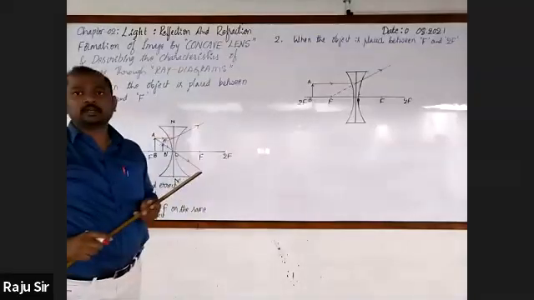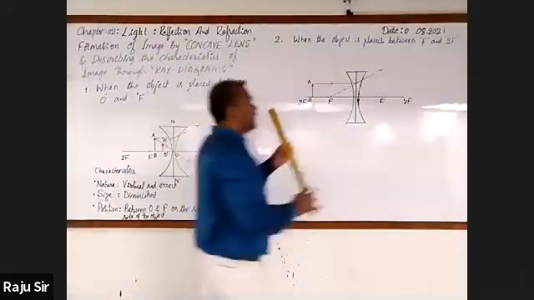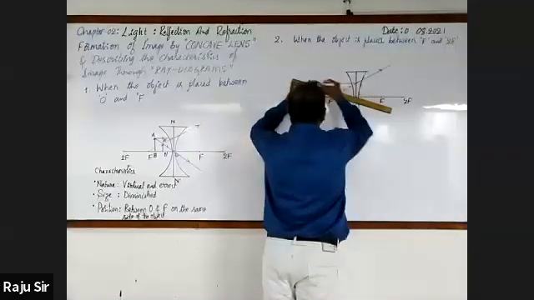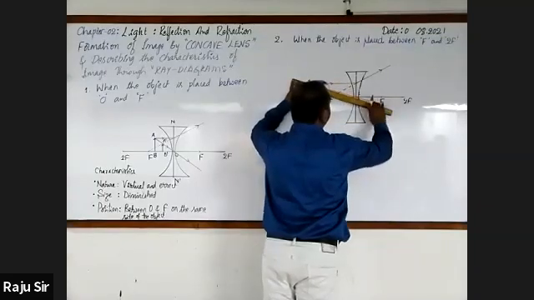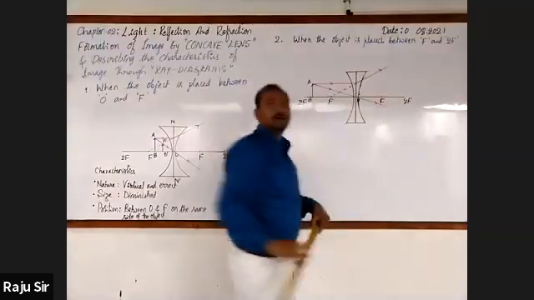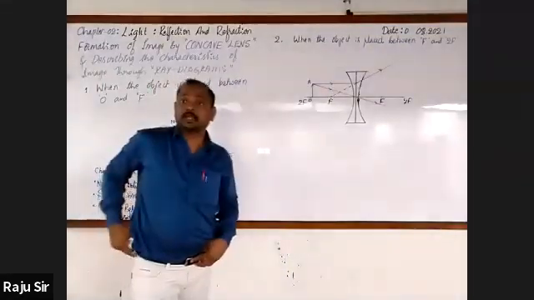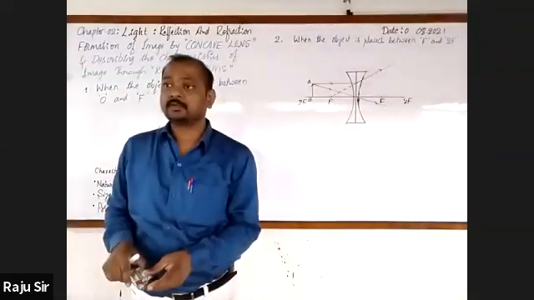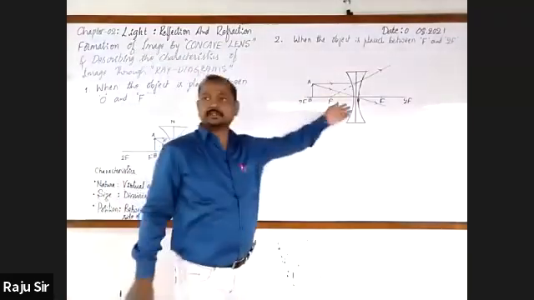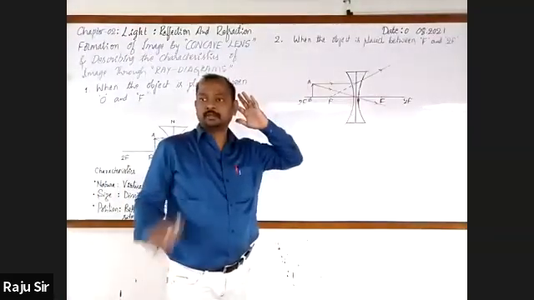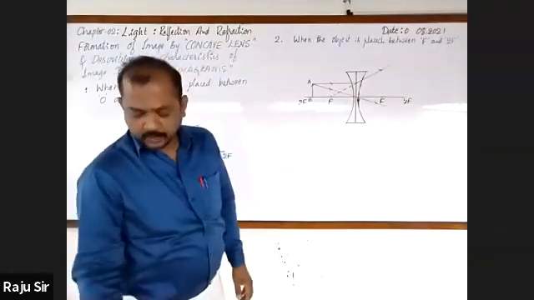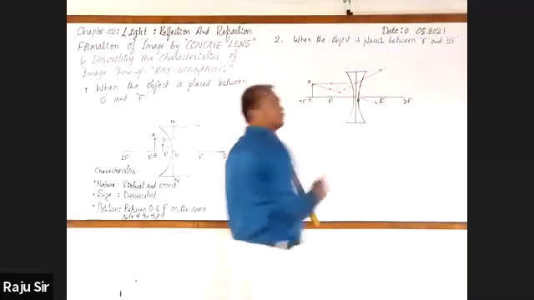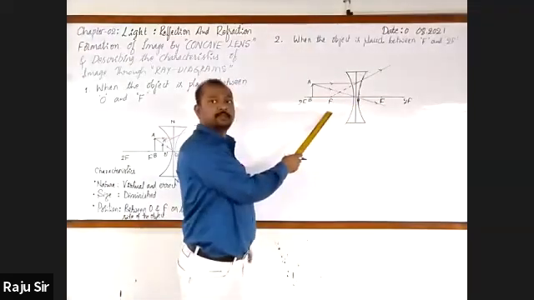Which is the second ray? Yes, passing through optical center. Incident at optical center. What happens here? This ray passes through the lens without bending. At what angle will it be incident on the lens? 90 degree. Angle of incidence? 0. Angle of refraction? 0. Both the refracted rays have intersected at a point. Where is that point? Between optical center and principal focus.